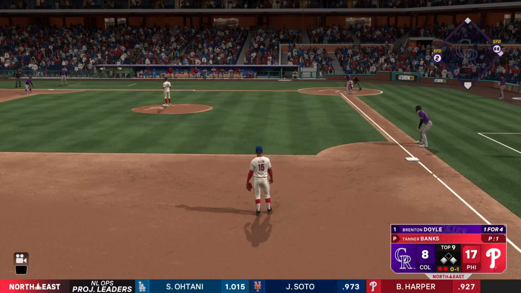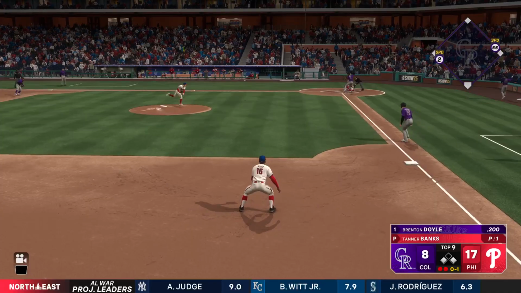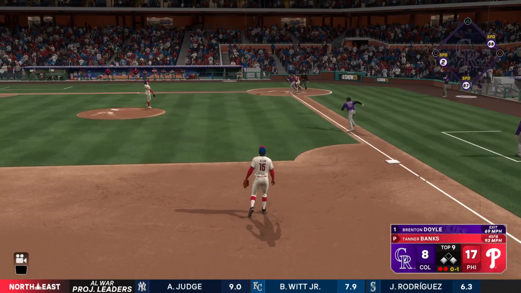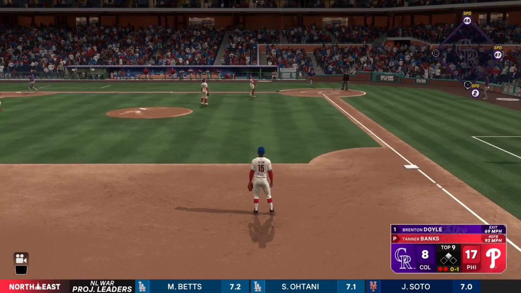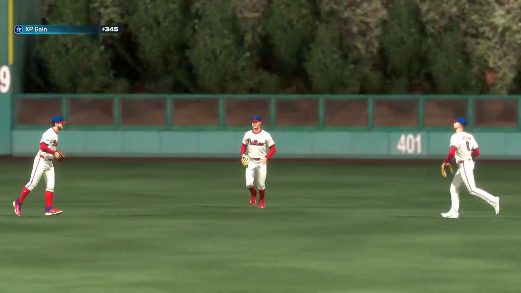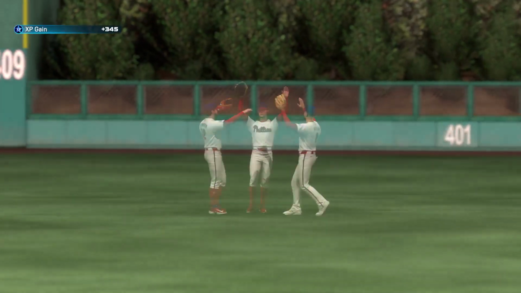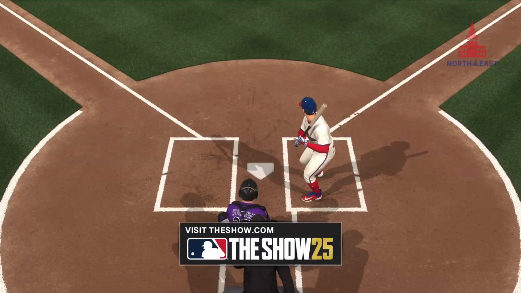Here's the Rockies leadoff hitter, Brenton Doyle. Lefty out of the stretch, runners at first and third. Popped up right side. And he's got it. Ball game. And the Phillies take this one in a blowout. Well, as much action as there was in this one, really impressive performance from the...